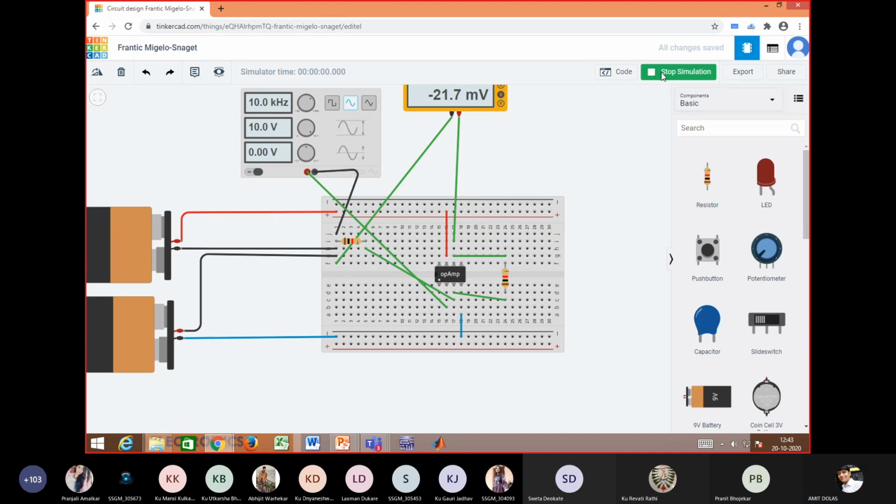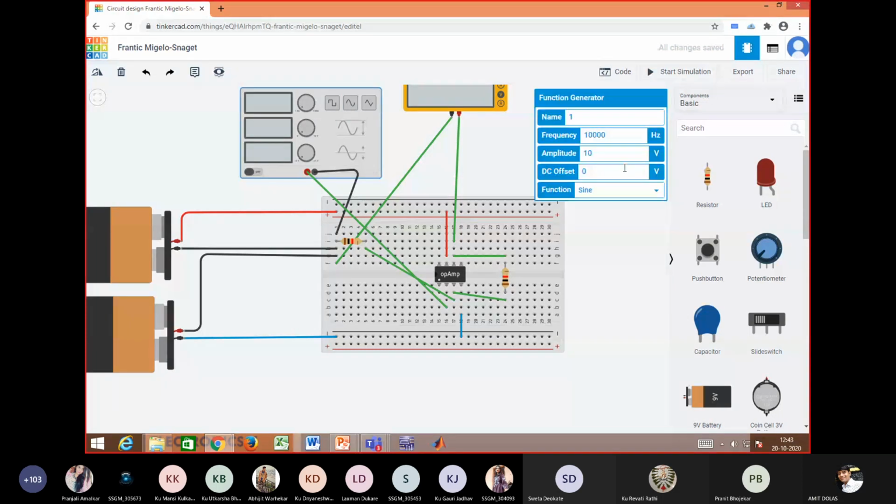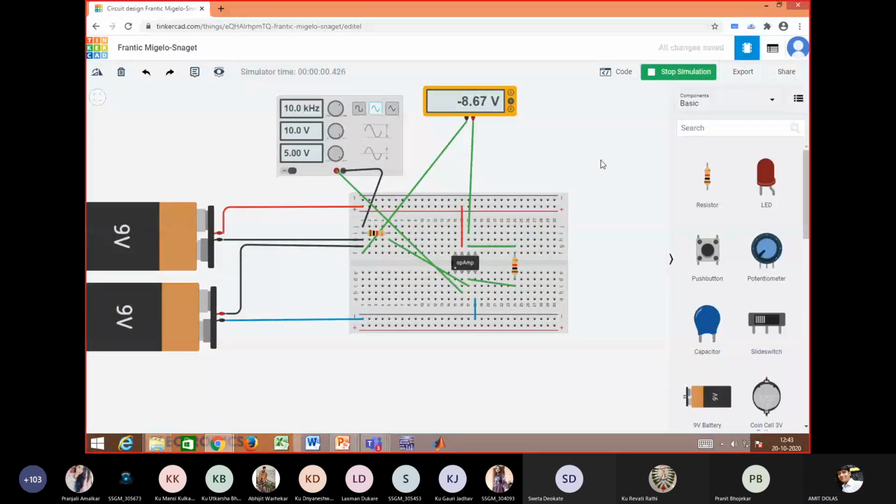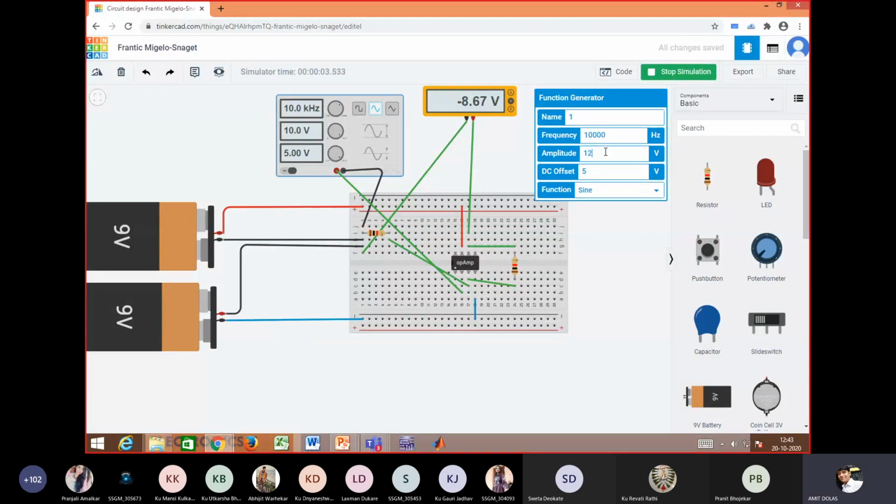Okay, let's do one thing. There might be a problem with function generator settings.